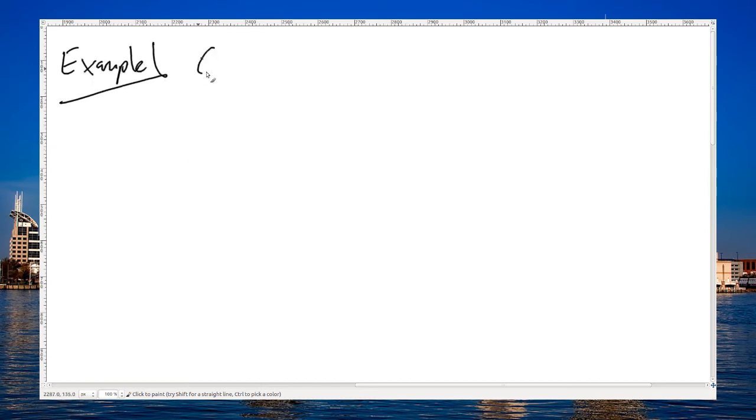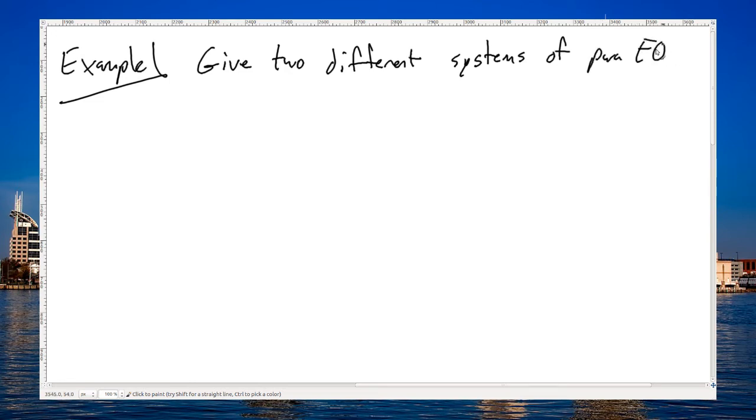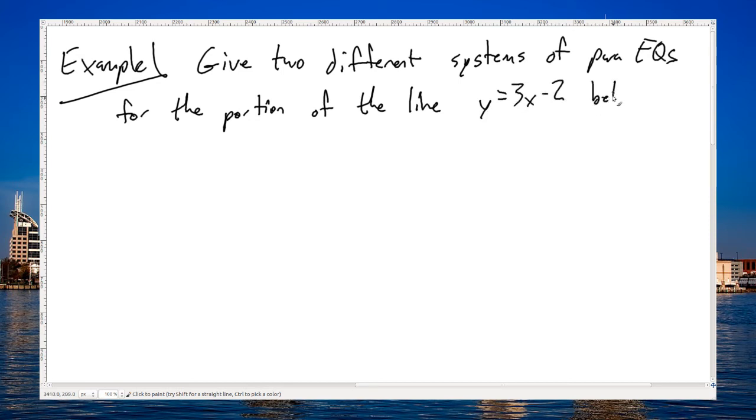All right, this time I want to give two different parametric equations, systems of parametric equations, for the portion of the line y equals 3x minus 2 between